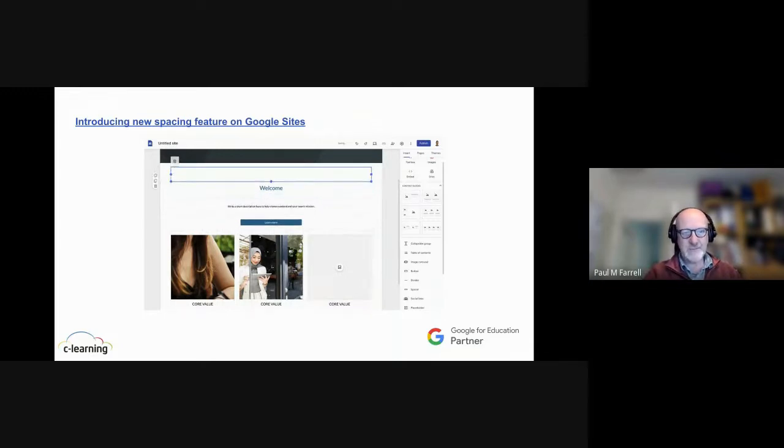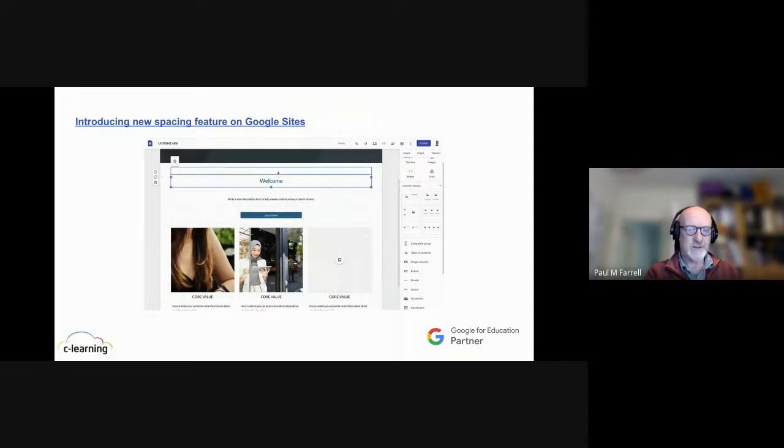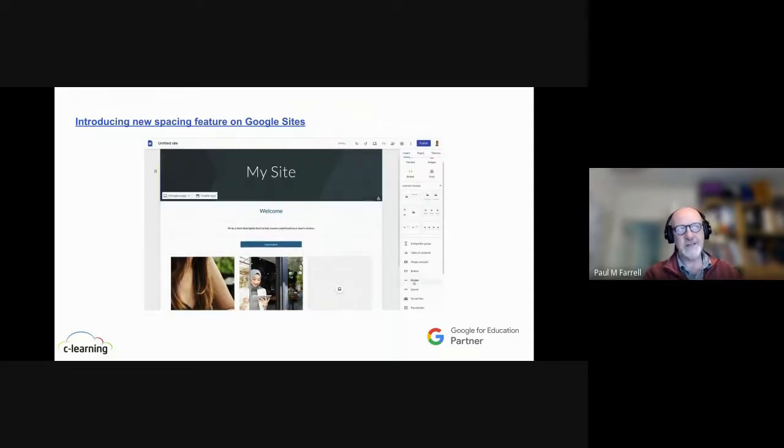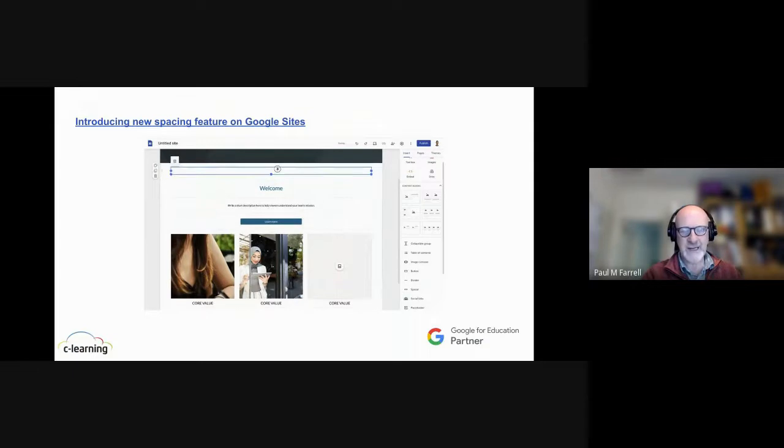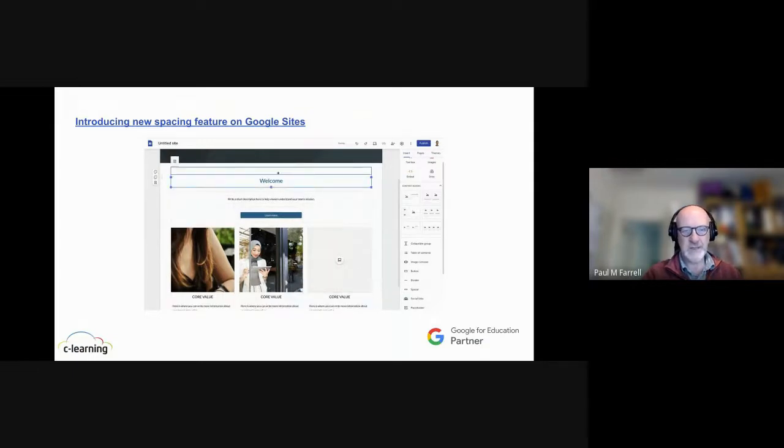And I do wish they would get a move on with Google Sites. Google Sites has still got a long way to go to match the functionality of Classic Sites. Classic Sites is no longer available. One of the things I used to use all the time in Classic Sites was the page level permissions, because